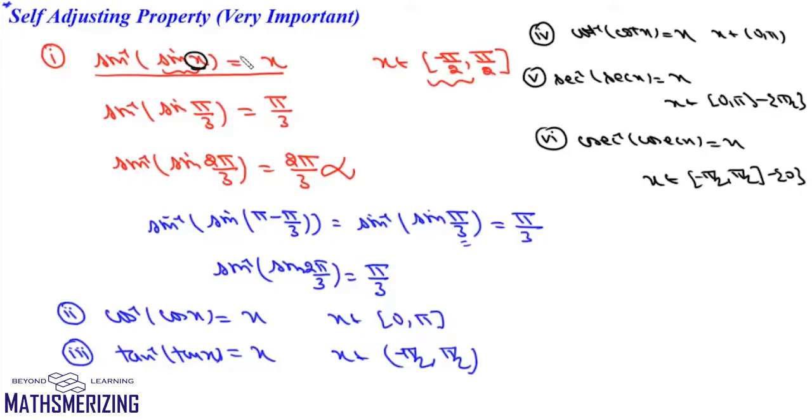Now here one thing is very clear. If the x lies in the principal value range, then the problem is very simple. It is just x. But most of the time when we'll be dealing with this property, this x may not always be within this principal value range. So there'll be cases where this value x lies outside the principal value range, and we need to figure out what needs to be done to solve such cases. And if we can understand that, then inverse trigonometric function will become a piece of cake.